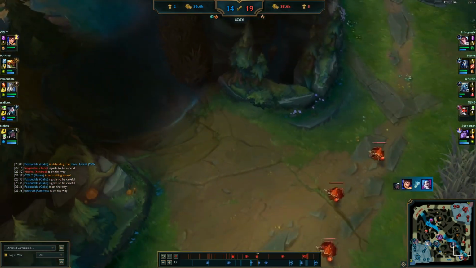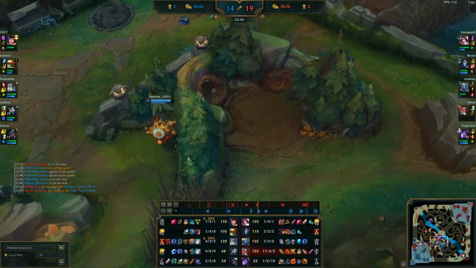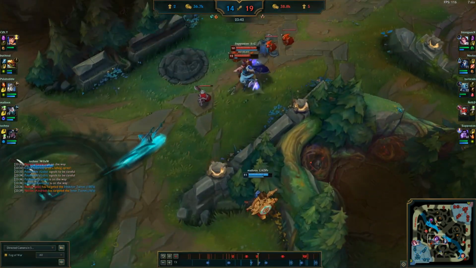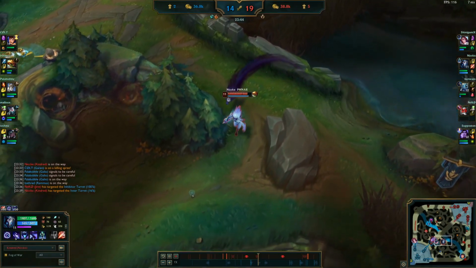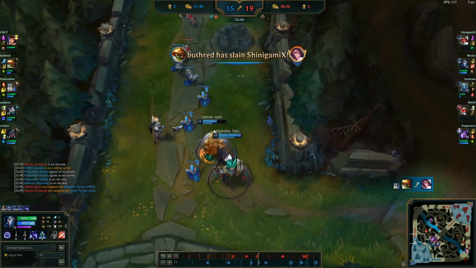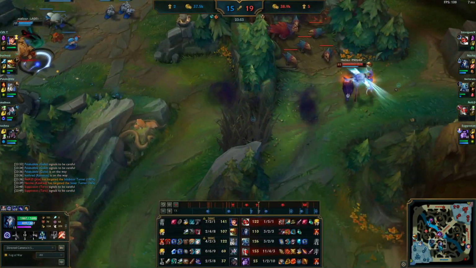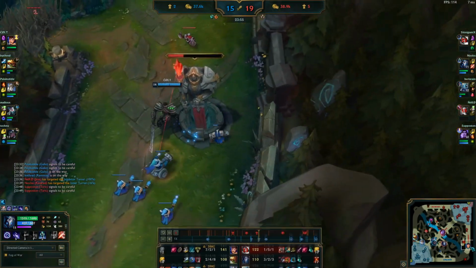Okay, now the game gets very hard actually, because Garen's huge. It's pretty hard to kill also, because of his W. Your top did get a tower, but she died. That's not a bad trade, because she isn't worth a lot of gold anyway, but...